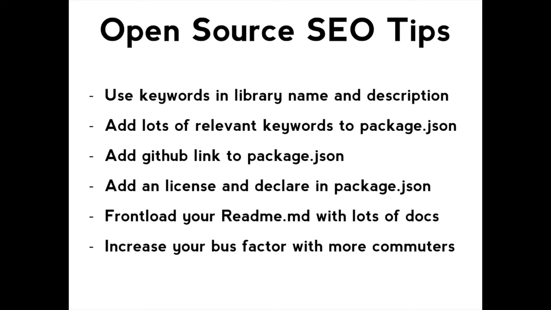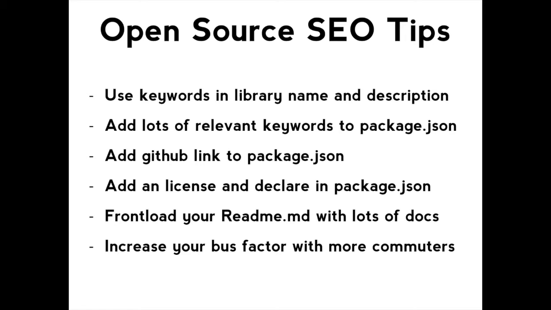Make sure you actually use the name of the technology or the problem that you're solving in at least the description or the name of your library. The GitHub search will not find you if you don't use the word in the description or the title. People won't be able to discover it. So if you shorten it, say the Google Web Toolkit, if you just use GWT, someone searching for Google Web Toolkit is not going to find you.